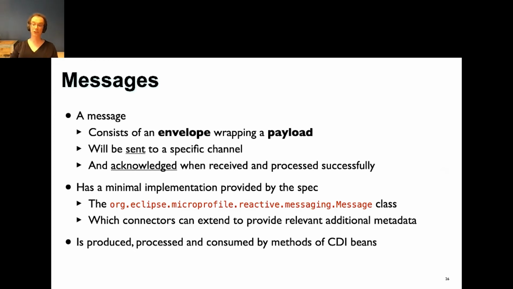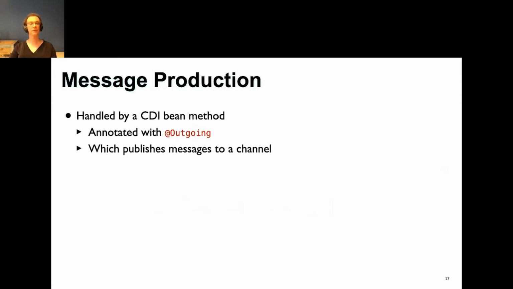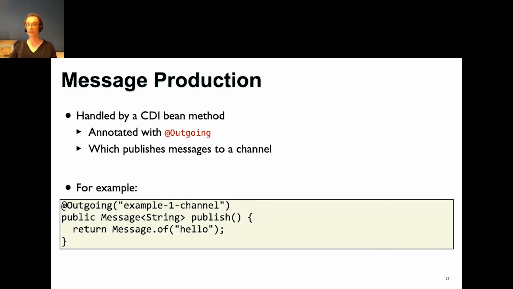And they're produced, processed, and consumed by methods of CDI beans, of course, right? Now, where do messages come from? Well, they're being produced. And they're handled by a CDI bean method annotated with @Outgoing, and this will publish messages to a channel. So this bean publishes messages to the channel. It looks something like this: @Outgoing to a channel, in this case, the example1 channel. And we have a message of strings that are published to it. In this case, only one message is published, right? The hello message. Right, not really